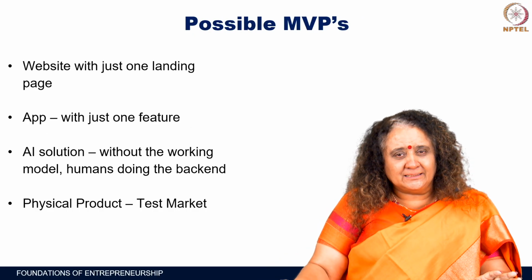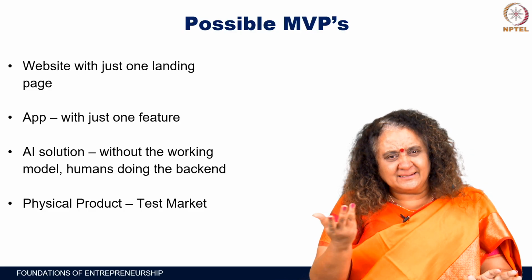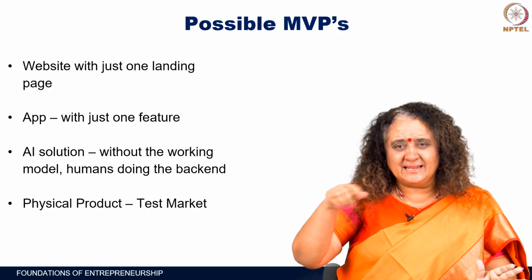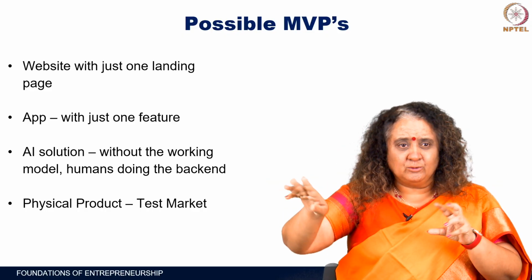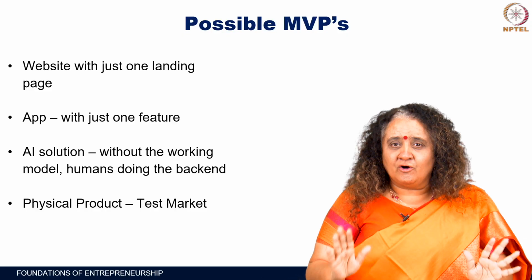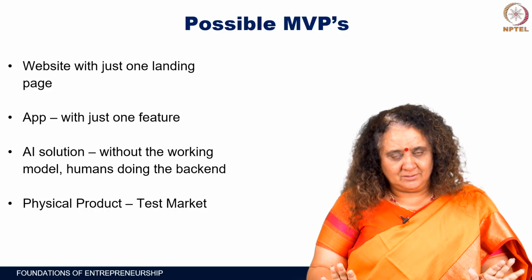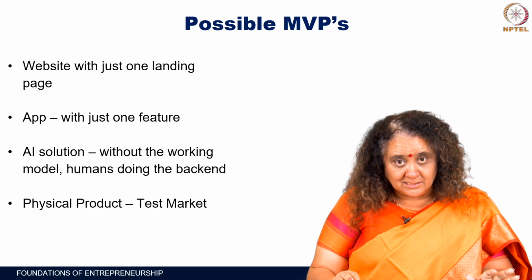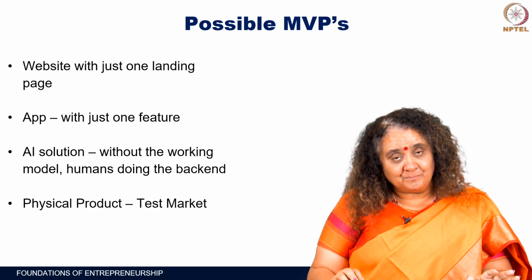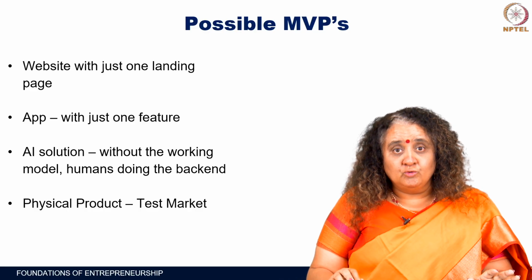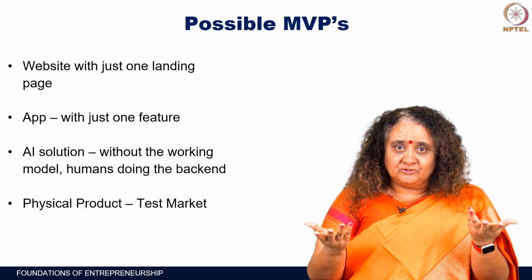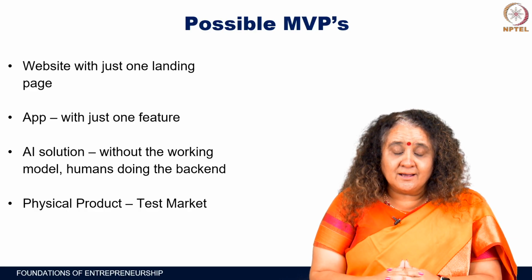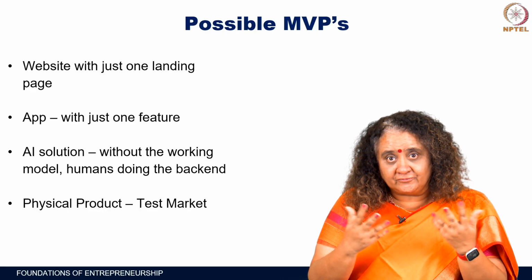What are possible MVPs? So, there can be a simple MVP which has one landing page in a website instead of all the linked pages, where it comes here and then goes somewhere else and all that. An MVP can just be one landing page, or it can be an app with only one feature. And here I'll take a minute and tell you the story of the Uber MVP, Uber, which is the shared car. Apparently, the story goes like this, which is that the founder of Uber,